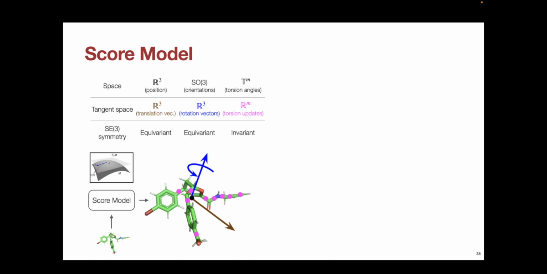And there are three kinds of noise: positional noise, translational noise, and torsional noise. So the score model is going to predict a vector, this brown vector here. So that's kind of like the direction of removing translational noise. You can think of that as like a linear velocity or linear momentum. We're going to have a rotation vector, which is removing orientational noise. This is like an angular momentum or angular velocity. And then for each torsion angle, we're also going to predict a quantity that tells us how quickly to twist that particular rotatable bond and in which direction in order to make the pose look less noisy. And this is, I guess you can say, like an angular velocity around that particular torsion angle.